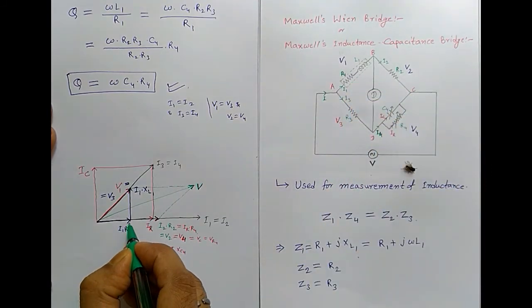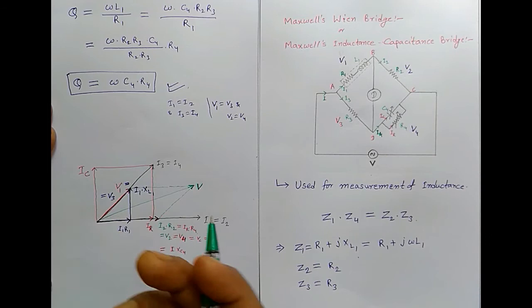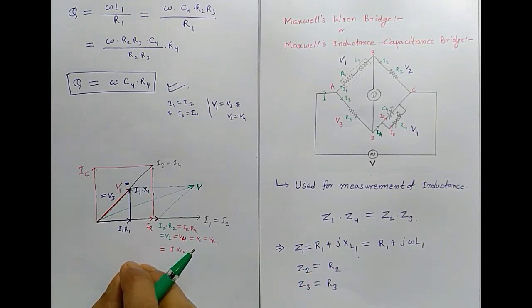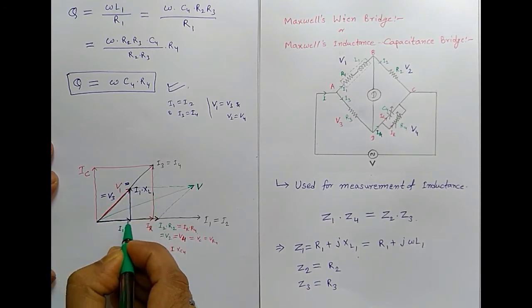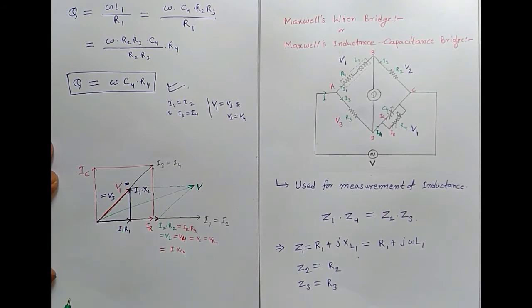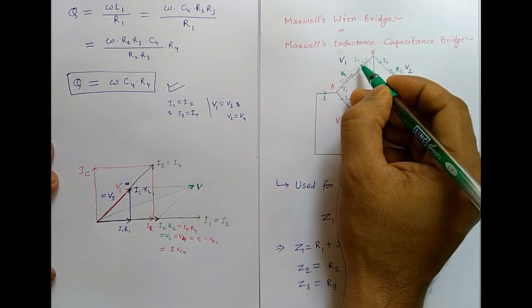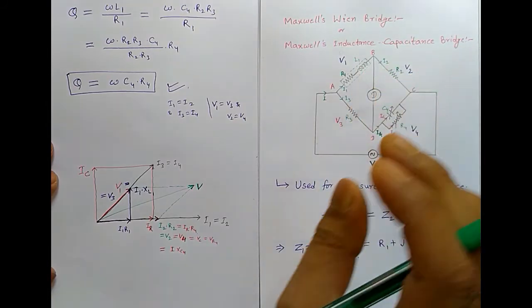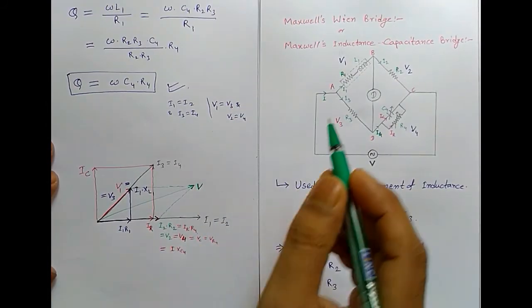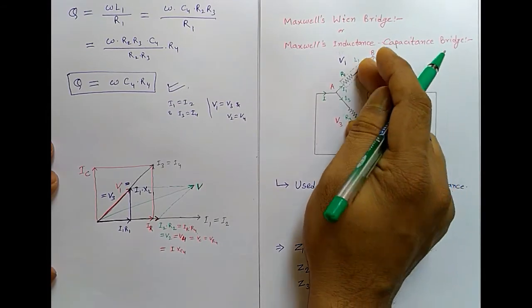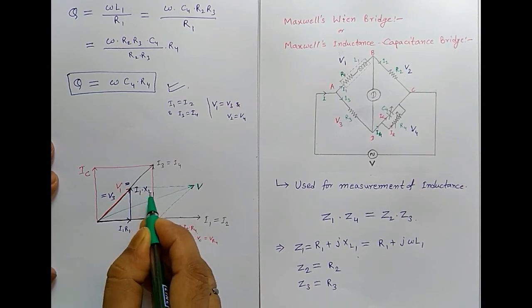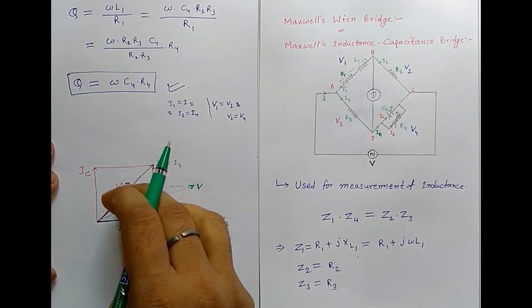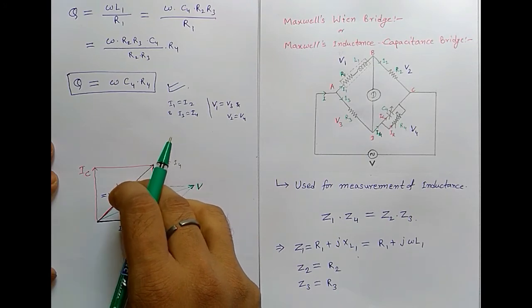Let us assume that this is the magnitude, that means on the same line, because a resistor does not change the phase of the system. So the voltage drop across this resistor, that is I1 into R1, will be on the same line. Let us assume this represents I1 into R1, and the voltage drop across the inductor will be in the positive j direction, because in an inductor the voltage leads. So let us assume that this gives us I1 into XL1, at 90 degrees upward.